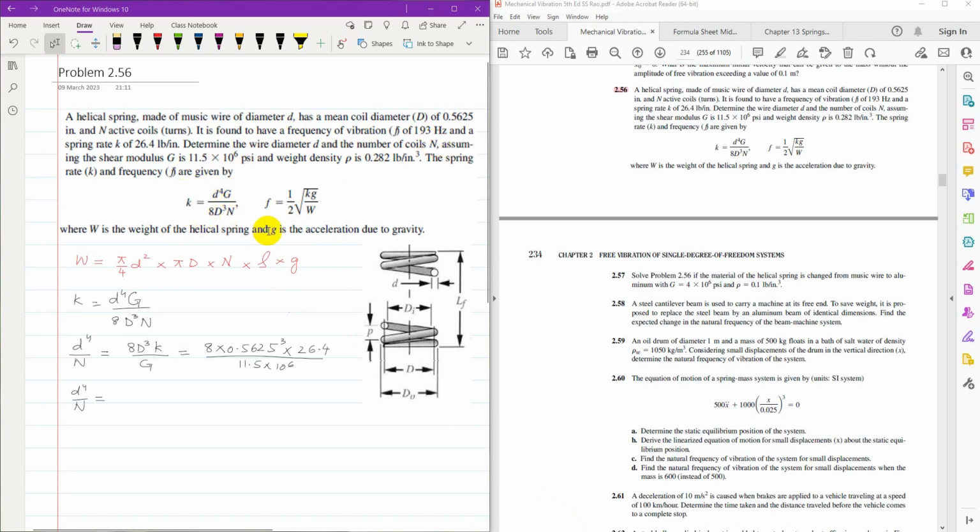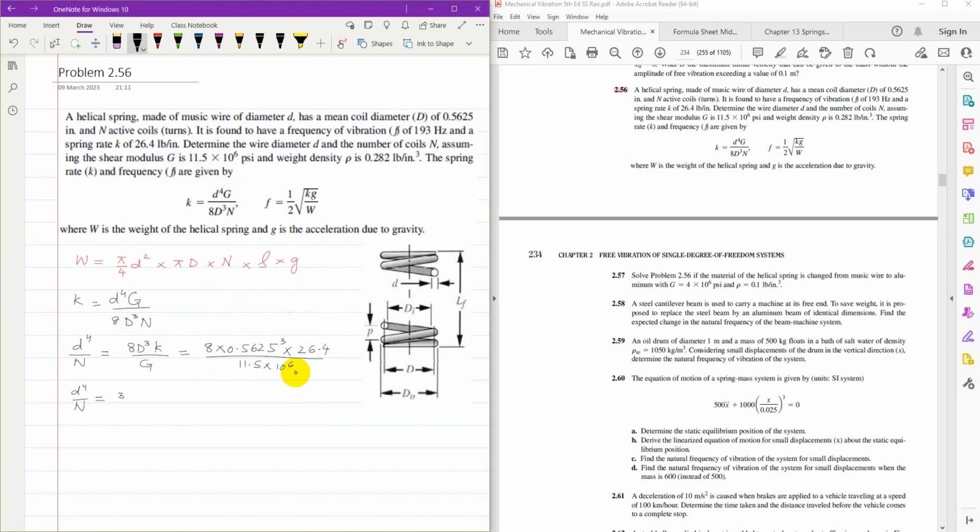So first I'll use that K formula, the spring stiffness formula, and then I am going to make d raised to power 4 over n the subject from this formula, because both are unknown, and then it comes as 8 D cubed k over G. The mean diameter of the spring is given as 0.5625 inch, then k is given as 26.4, and the modulus of rigidity is 11.5 times 10 to the power 6. So when I substitute all those values there, I'll get d raised to power 4 over n as